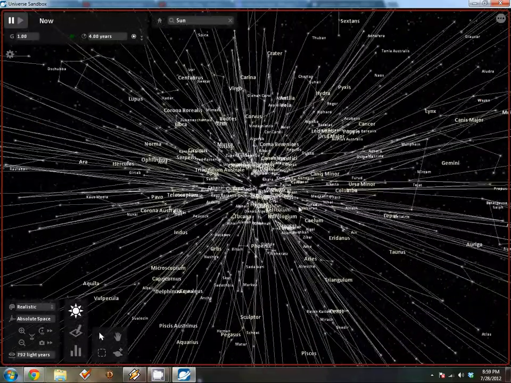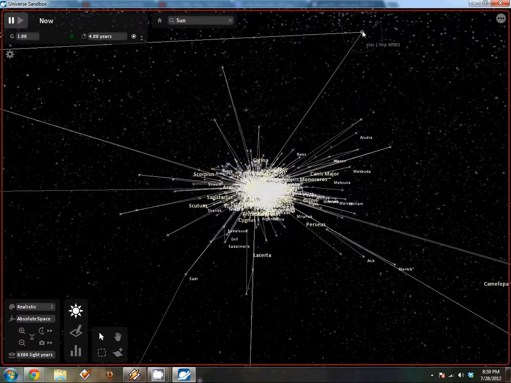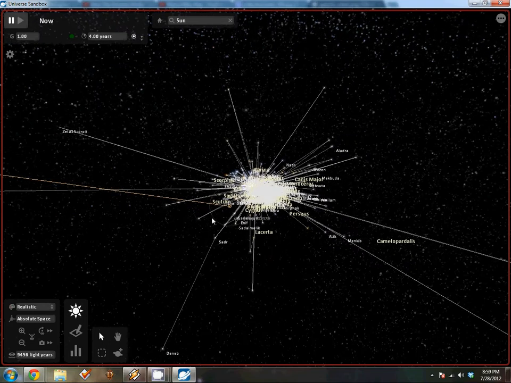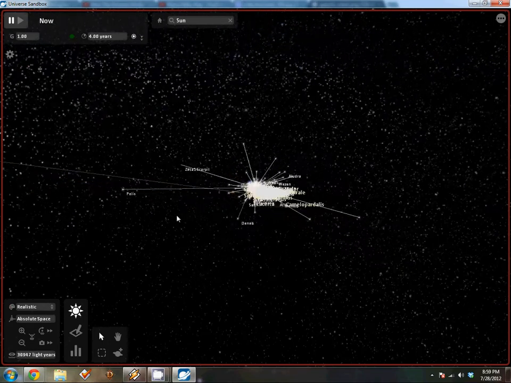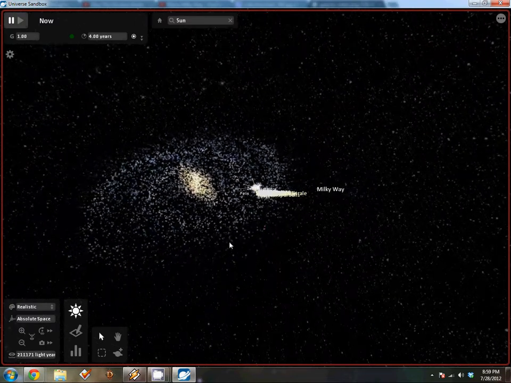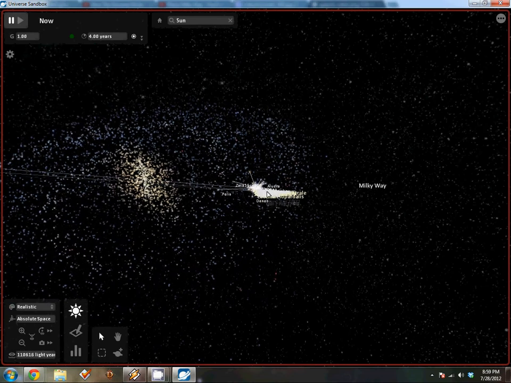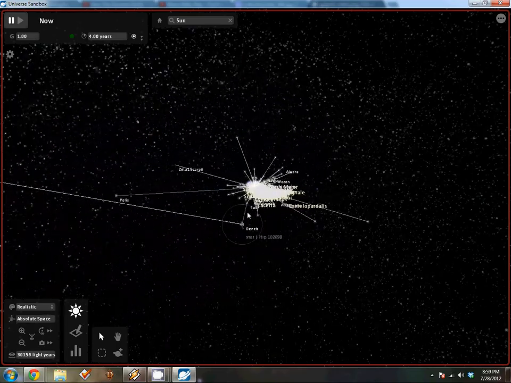We scroll out further, then it becomes just a tangled mess. And now we see some of these stars that are out here that are part of the constellations are at vastly different distances than the other stars. And if we scroll way out, we can see here that all of the stars in the constellations are actually just our neighbors in the solar system here, or in the galaxy. They're actually not anywhere near where they are.